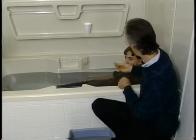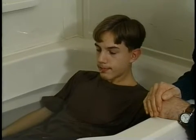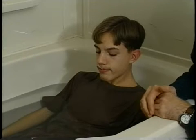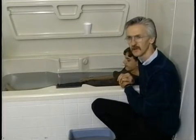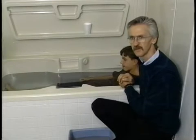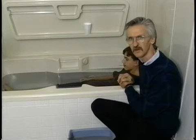Okay, we're right on the money there. In fact, he's raised up just a 0.5 degree, and we're well under our way to actually beginning to elevate his fever. The reason we want to elevate the fever is if Christopher has a cold or a flu or a bacterial or a viral infection,